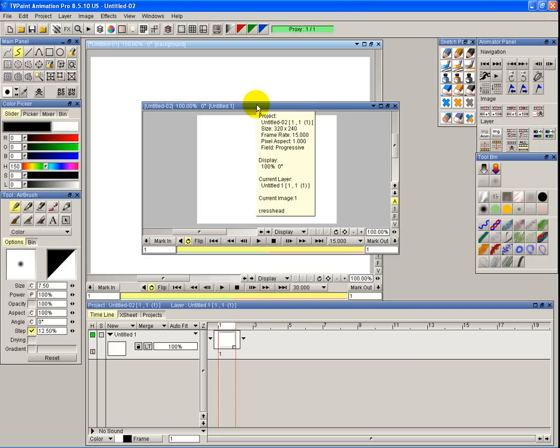Okay, you can view the data relative to your project, and we're actually doing it now. All you need to do is hover your cursor on the title bar, and then let go, and that'll pop that up. And it'll tell you what you've got here. So it's going to tell you the name of it, which is Untitled 02, the size of it, which is 320 by 240, the frame rate, 15 frames a second,